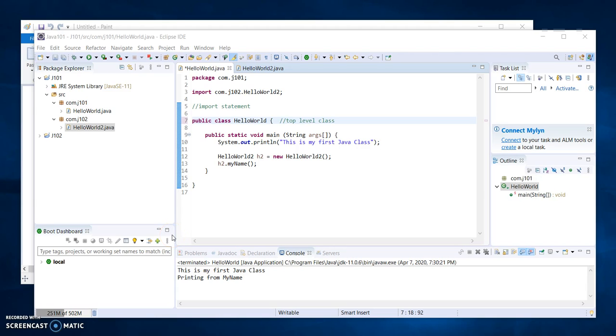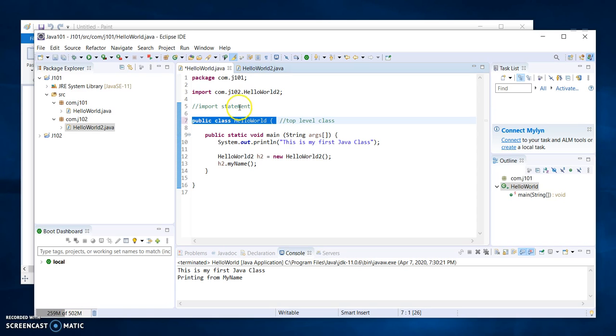Hello everyone, welcome to my tutorial on Introduction to Java. Today's tutorial we're going to continue on what we learned before. So we are going to work on the same Java class that we wrote before. It's a very simple Hello World class and we are familiar already with the package name and with the class